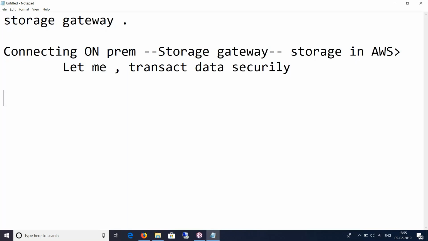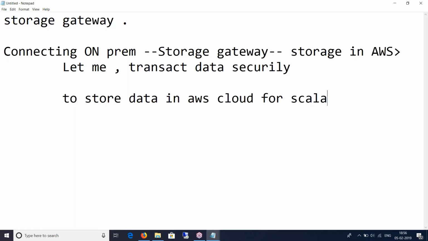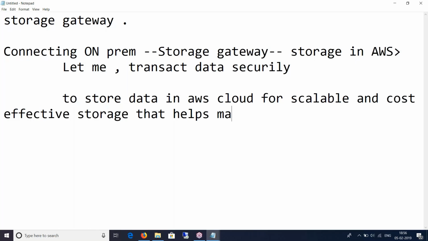So you can use this service called storage gateways to store data in AWS cloud for scalable and cost-effective storage that helps maintain data security, right? So data is transacted to and fro from on-premise to the cloud, and that is done securely.